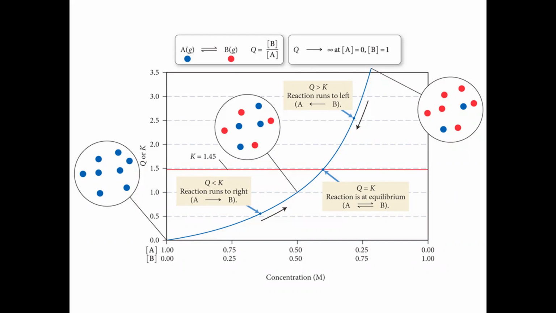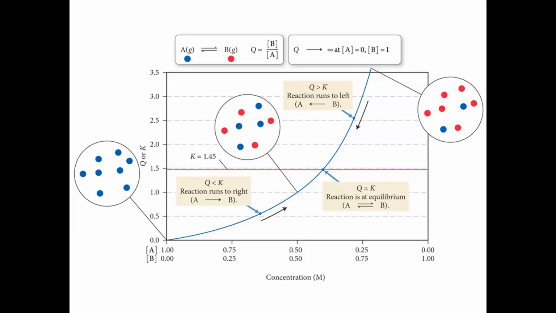Notice if we are on the lower end, where K is going to be greater than Q, I'm flipping it so you can look. That means we need to go towards the products and make more products in order to reach that equilibrium line. If we're on that upward slope at the top, where K is less than Q, we need more reactants to